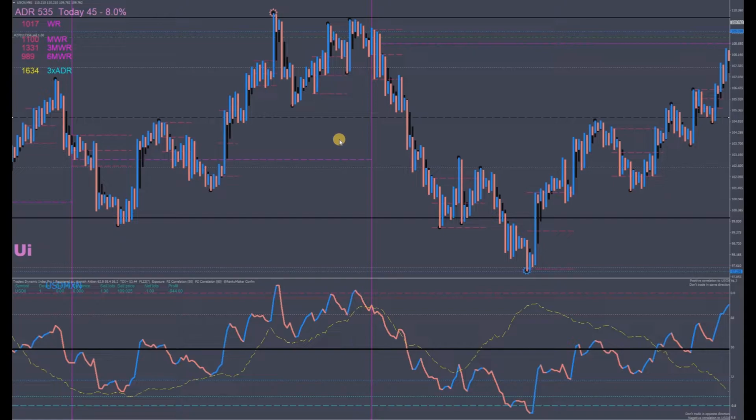you should tell yourself, well, I know that for this current month the weekly range is about 1100 pips. So every week, for the month, or for 4 weeks, it's been an average of 1100 pips, and then the previous 3 months of those 3 weeks gave out about 1300 pips, and so forth with the 6 months. But for us to see our famous trend reversal, 3x ADR will be about 1600 pips,